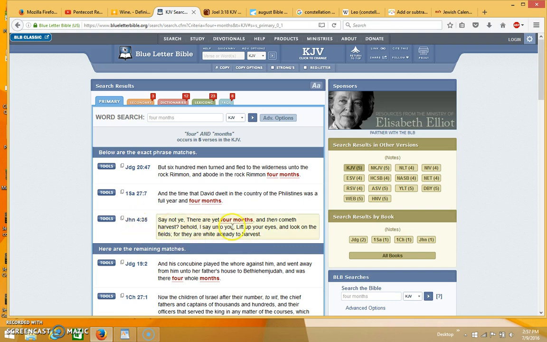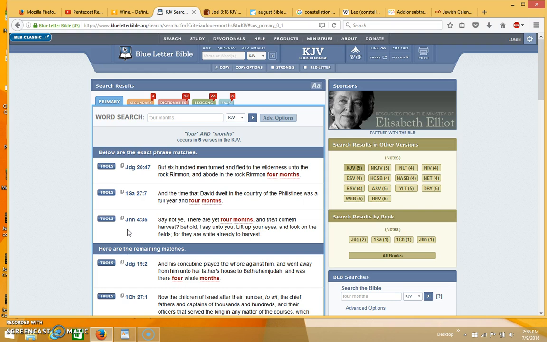which would have started on Nisan 1, and the one that matured in Nisan would have been the one from the previous year. So it would not be a new offering. The new offering that's talked about in Leviticus 23 would be the one of the new year, which would have started on Nisan 1 and would have been four months later. So that could have been the harvest that Jesus was talking about here in John 4:35.